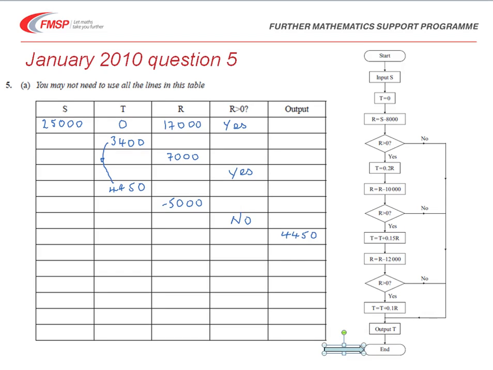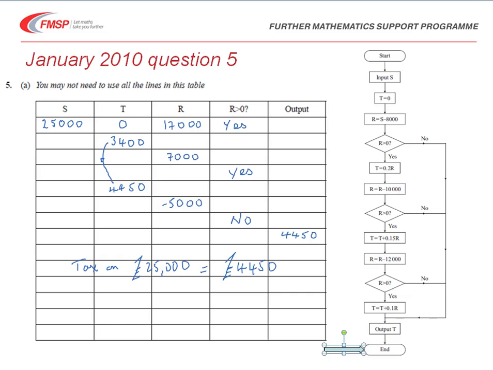Now the rest of the question was just interpreting that. So the first part is to say that therefore the tax on an income of £25,000 is equal to £4,450. The last part of the question asked, what's the maximum amount you can earn without paying any tax? Well, that would mean that, of course, T is equal to 0, and we'd have